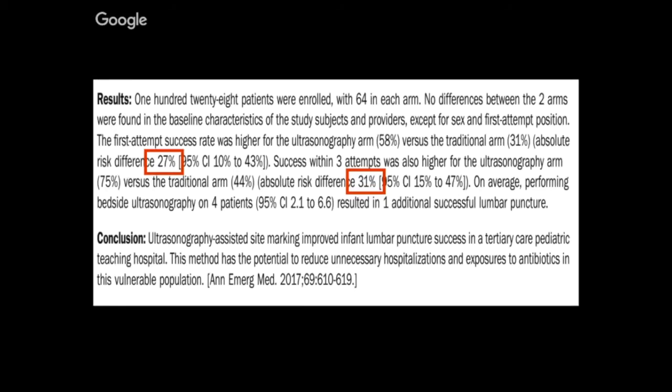And what did they find out? They found out that on the point of care arm, there was 58% success versus 31% on first attempt, so a 27% difference. And success within 3 attempts was 75% versus 44%, so again, a difference of 31. So they concluded that point of care site marking improved infant LP